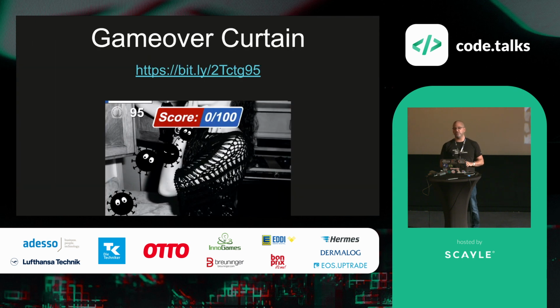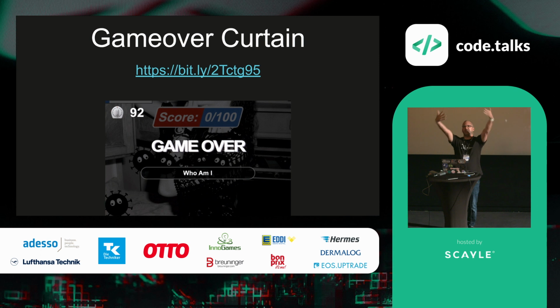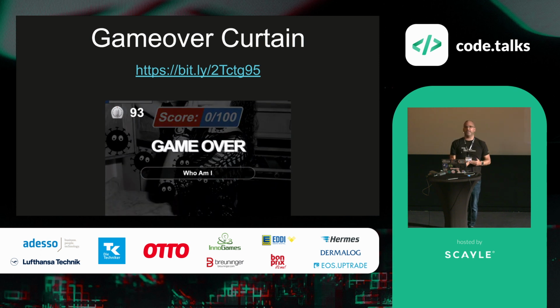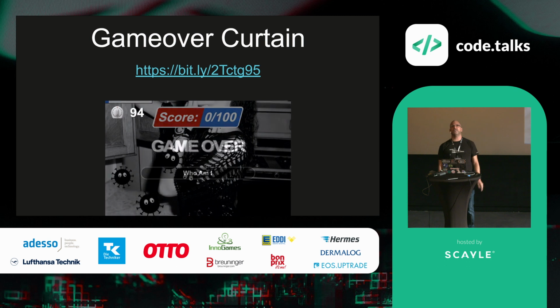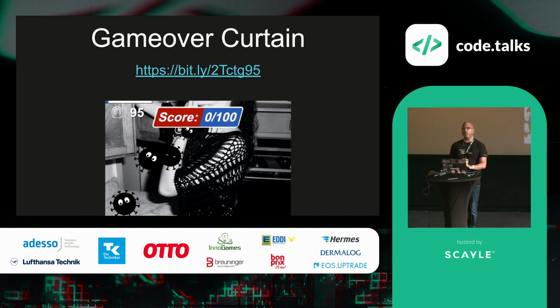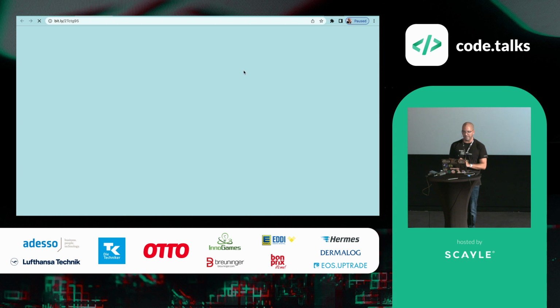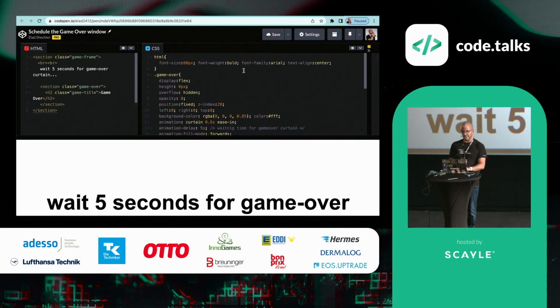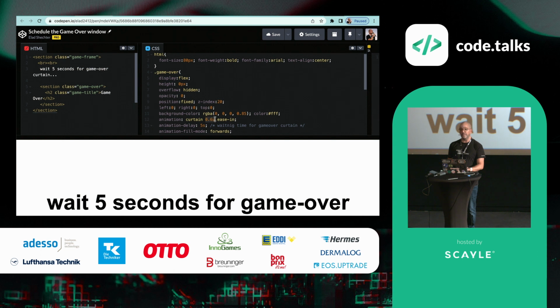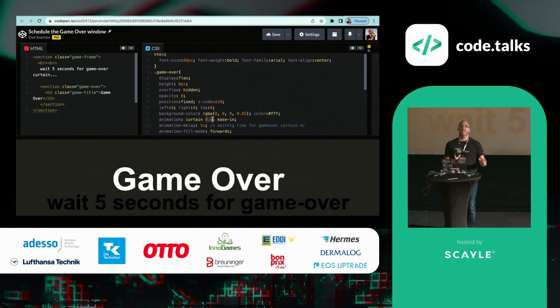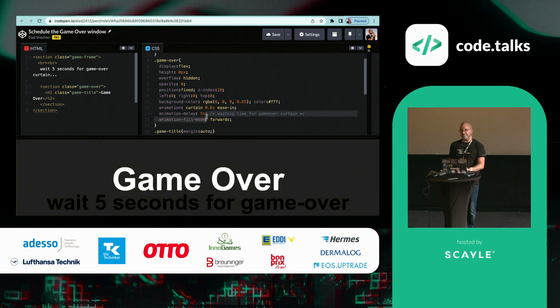And the last question that you need to ask yourself: how can I know exactly when to put this game over curtain? I need to put it exactly after 99 seconds. And this is one of the easiest tricks that I have in this game. Let's open it. Everyone knows that animation has an animation duration value. Animation duration tells the animation how much time it needs to take from the start until the end. But what we also forget is that we have a second property, the animation delay, that tells the animation after how much time it needs to start.